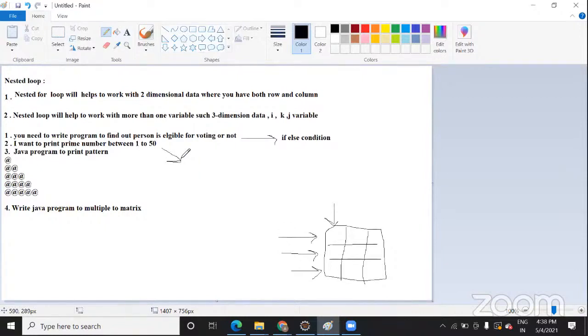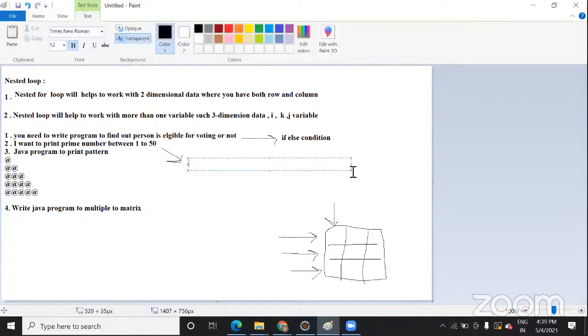What you have said at the last, two variables, right? Because of the number of variables, you need to work on multiple variables at the same time, so you are using nested for loop. This is a key point to remember when we use for loop, or nested for loop, or nested while loop, or nested do while loop. In an interview they can ask you where you can use nested for loop or simple for loop, so you should be able to understand it. As you said, absolutely correct.